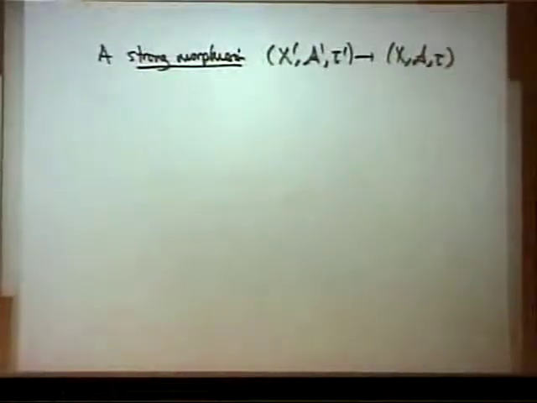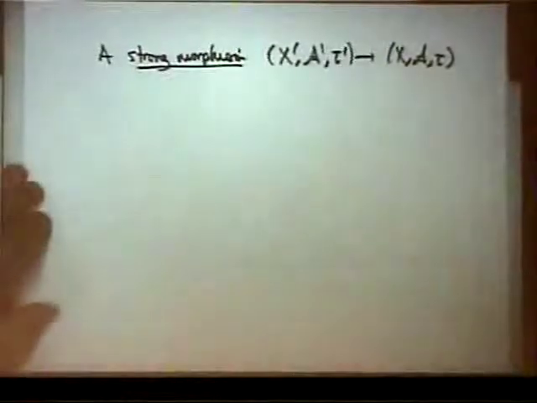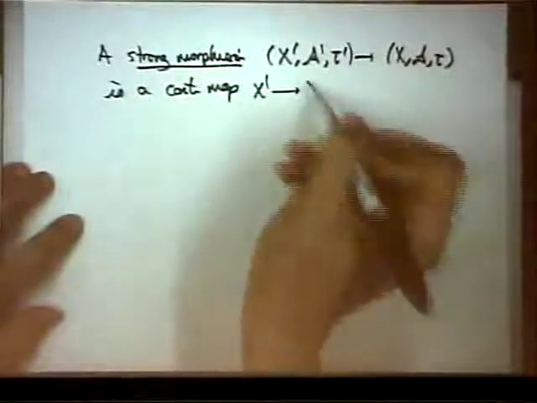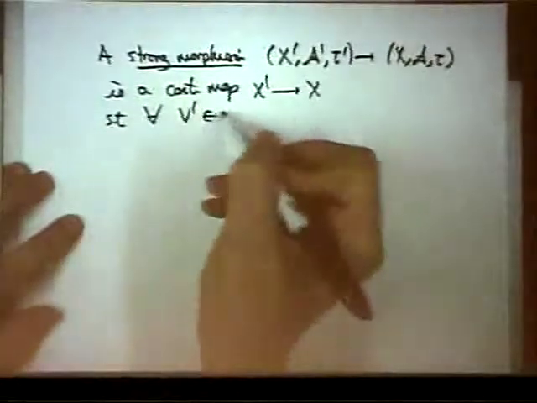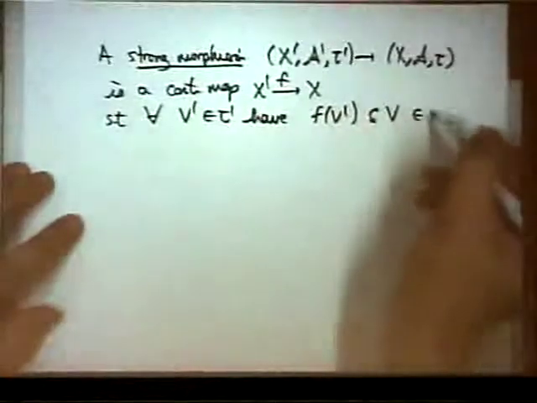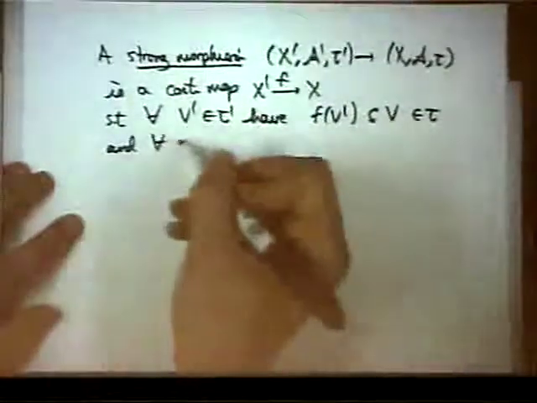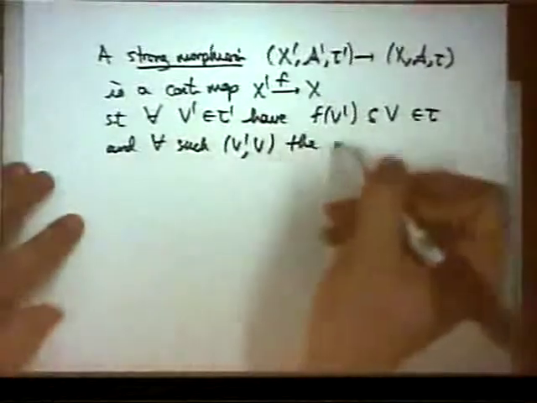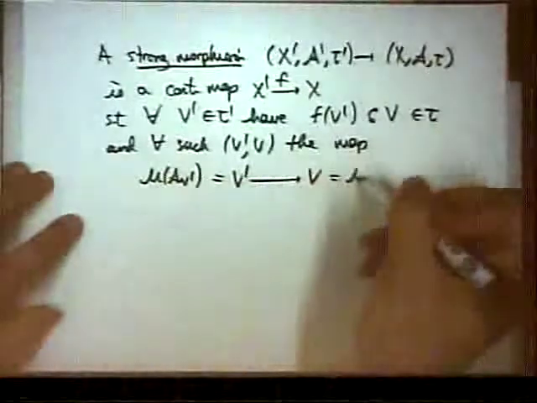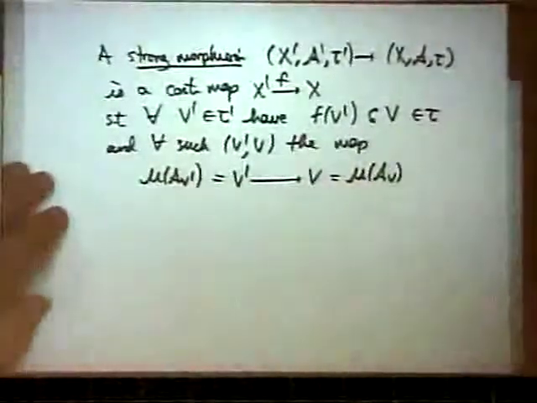Okay? On the other hand, the notion of atlas is a bit unwieldy precisely because there can be many interesting automorphisms that might not carry members of the given atlas into other members of the atlas. And that's why you often have to pass to this maximal atlas. So similarly here, the first concept of map, which is not general enough, a strong morphism, is a continuous map of topological spaces so that for every V prime and tau prime, we call the map F, you have that F of V prime is contained in some member of tau, and for all such pairs, V prime and V, the map from V prime to V, you think about this as the Berkovich spectrum of some M of A V prime, and this as the Berkovich spectrum of some map A V, arises